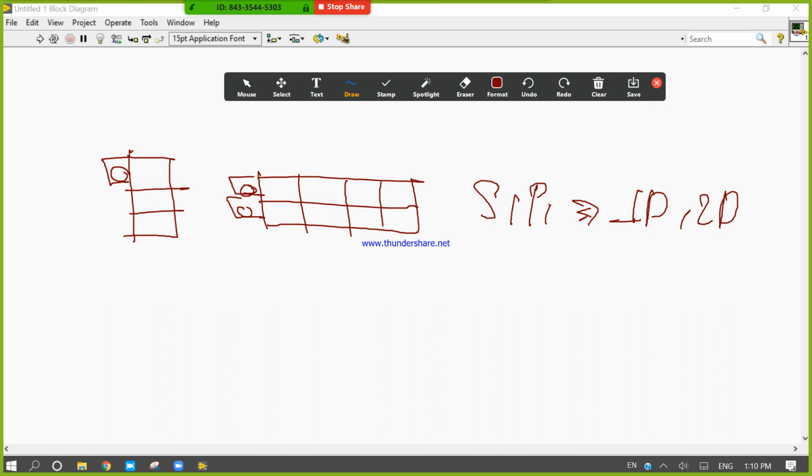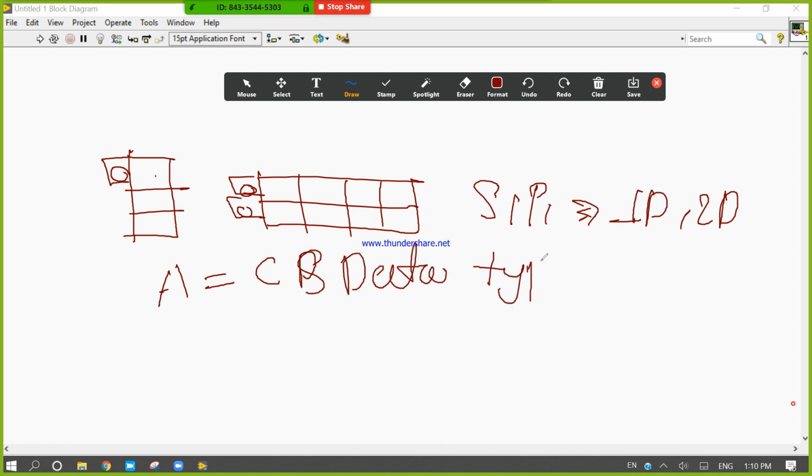Right, so let's see. I said array is a collection of same type of data type. So same type of data type means how many data types do we know? We know three primary data types: numeric, boolean, and string.